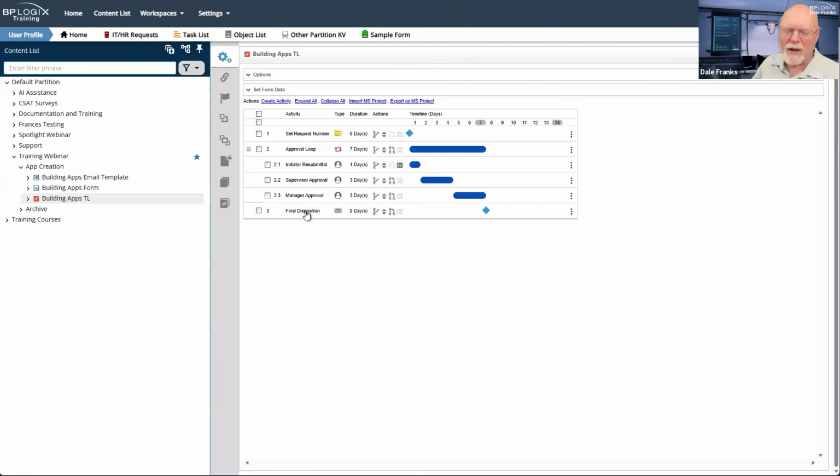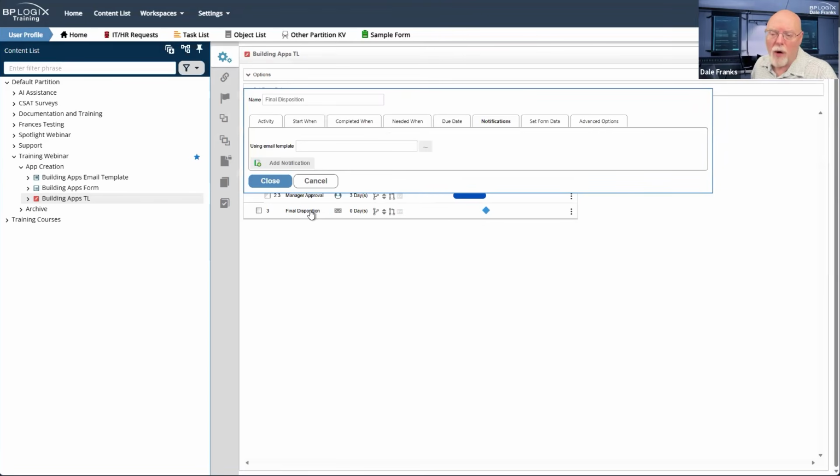And since what we're really talking about in this particular series is what things I need at minimum to build a functional, full-featured application, we're going to go with the minimal requirement here of just having a final disposition notification, and that is just going to notify the submitter.